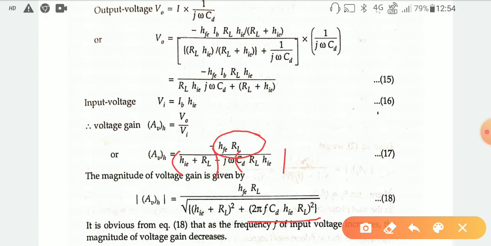So I think everyone can identify how to calculate the value for the current gain and voltage gain for the RC coupled amplifier, and what the magnitude will be for the current gain and also the voltage gain. So next day we will talk about